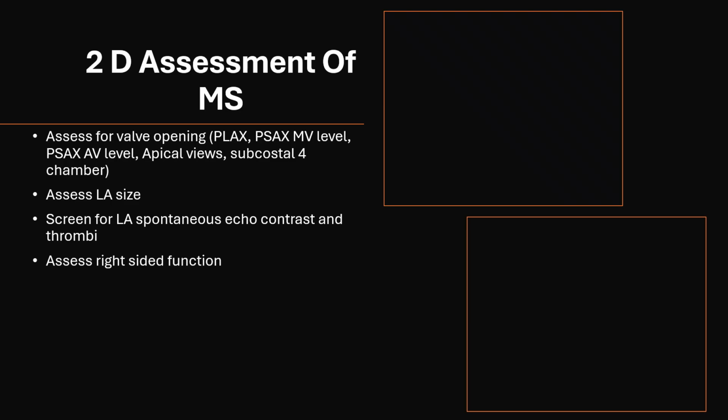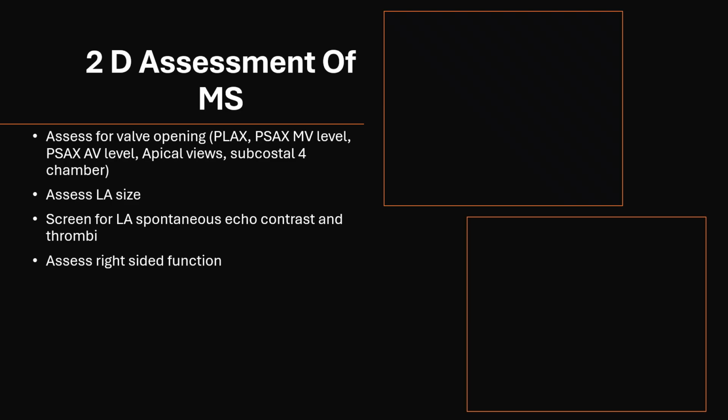Let's start with 2D assessment of mitral stenosis. You want to study and examine the valve opening in parasternal long axis view and parasternal short axis view at the mitral valve level. You want to assess the size and function of the left atrium in the parasternal short axis view at the aortic valve level. You want to study apical views and subcostal four-chamber views. Again, assess the left atrium size, screen for presence of spontaneous echo contrast, also known as smoke, and obvious thrombi. And you want to assess the right-sided function because quite often patients with significant mitral stenosis develop right ventricular dysfunction